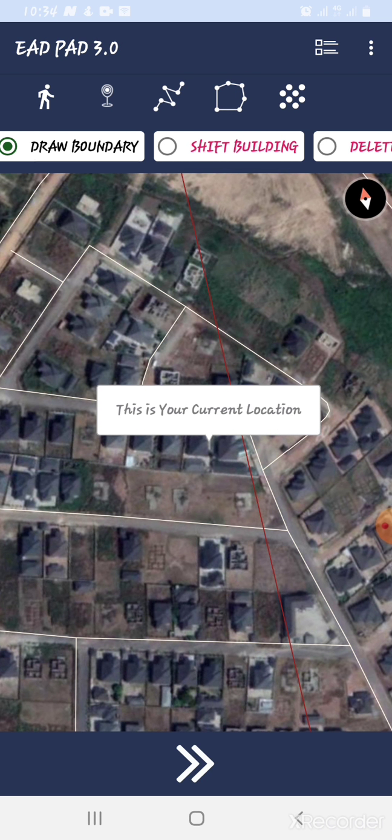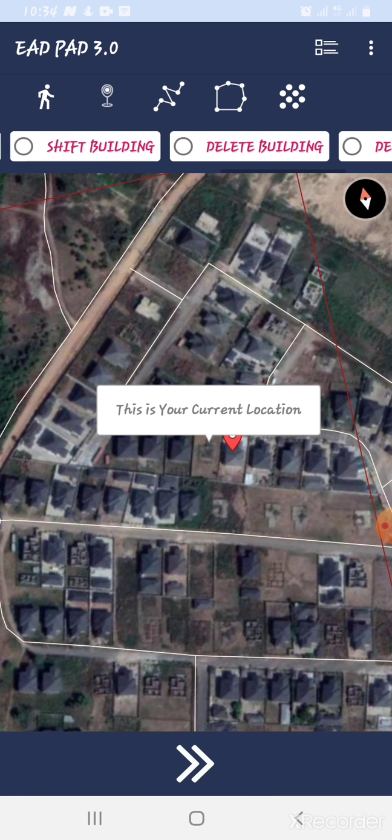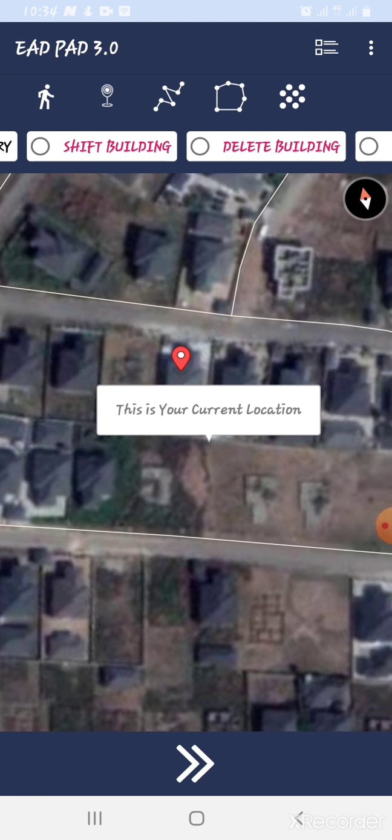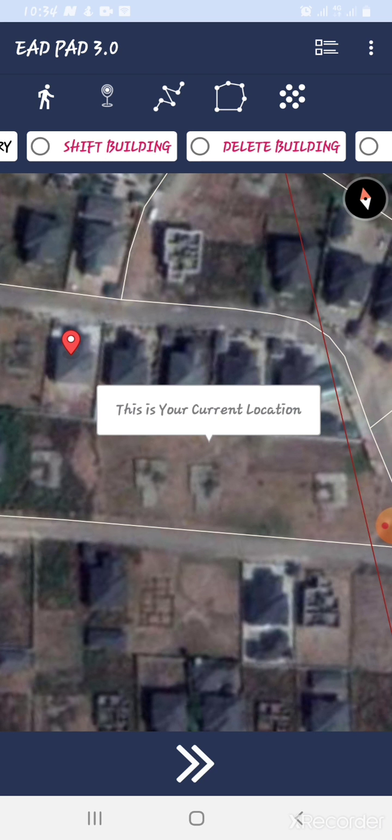Then if you want to shift building, please note, buildings without their attributes cannot be shifted. So make sure, and buildings with attributes cannot be deleted. So these two are kind of opposite. When your buildings have an attribute, when you tap and you notice that it's not the exact location you want to put that building, and you've not added your attributes, you've not added the building address and so on,